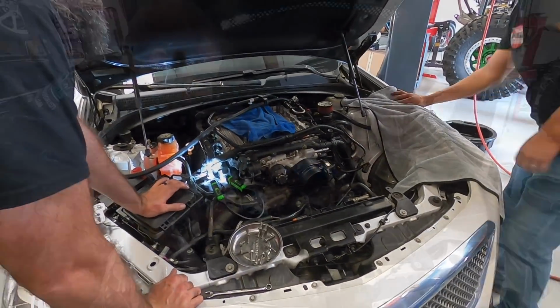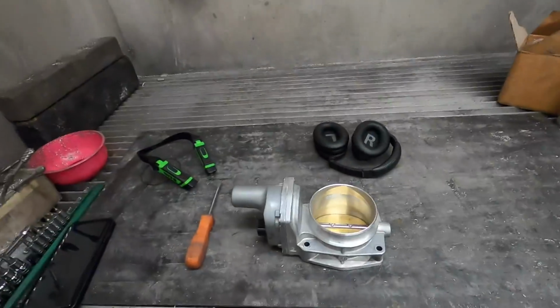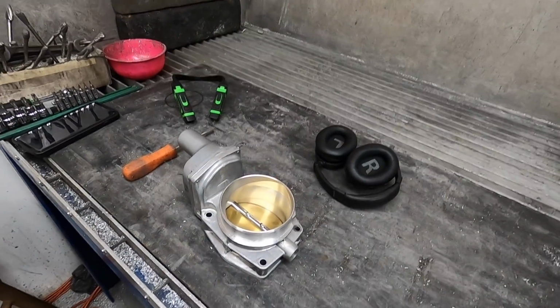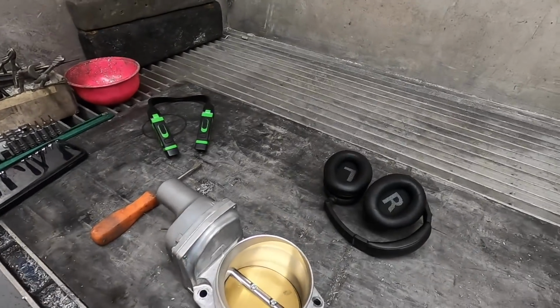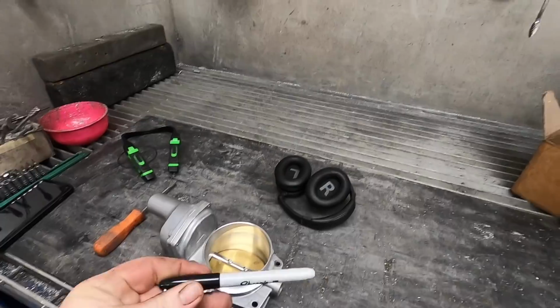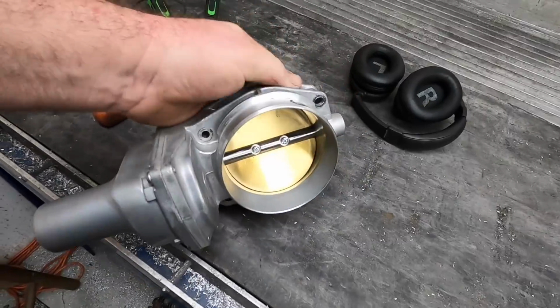All right. I'll go finish the throttle body with mine. All right. Back in the air-conditioned room, so that's kind of nice. Got this throttle body off the AMX, AMC, AMX. Main things we need to do is, ooh, where'd my Sharpie go? Take Thieves' Sharpie. I'm going to mark the no-go areas